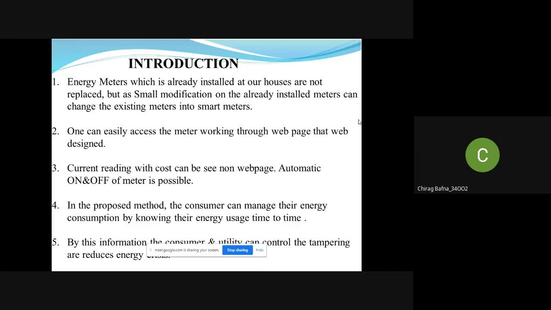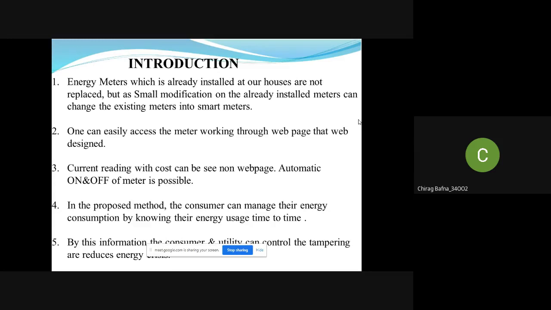We can see a person from the electricity board standing in front of our house, whose duty is to read the energy meter and hand over the bills to the owner of the house every month. This is nothing but the meter reading. According to that reading, we have to pay the bills. The main drawback of this system is that the person has to go area by area and read the meter of every house and hand over the bills.